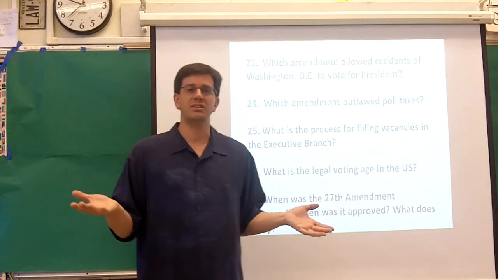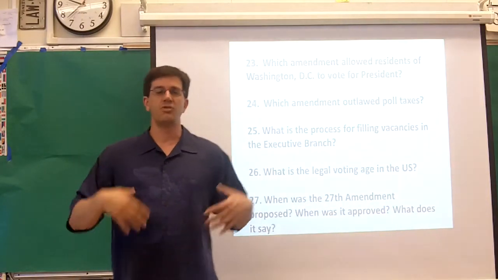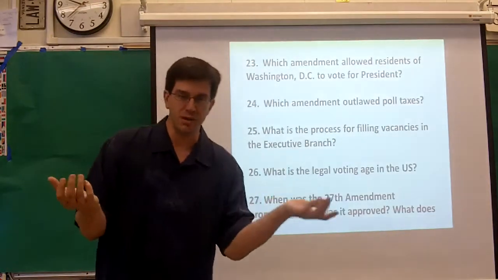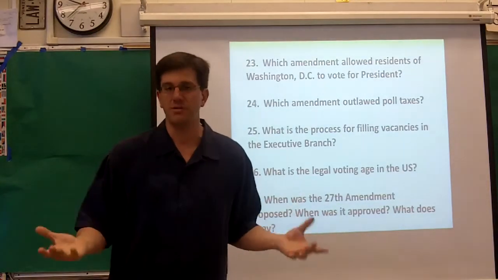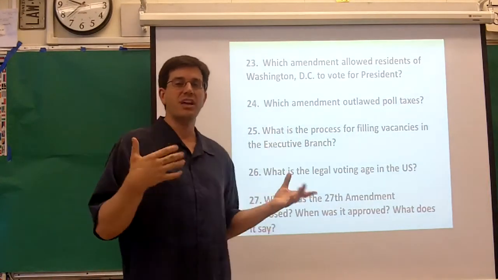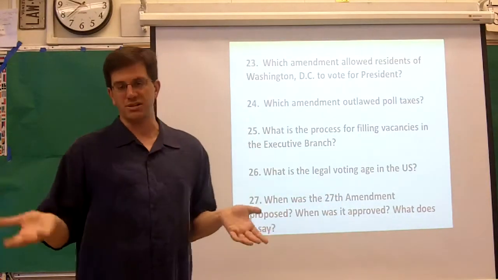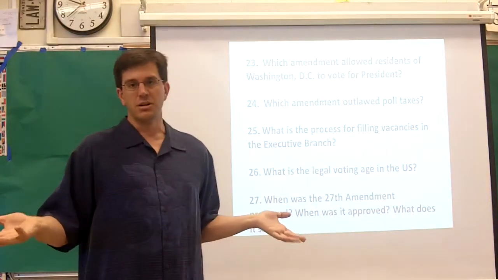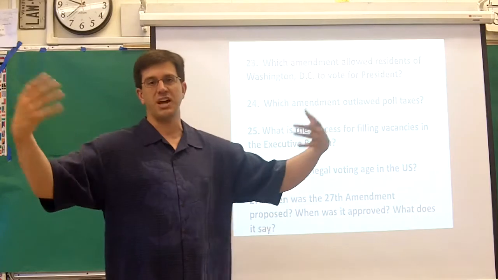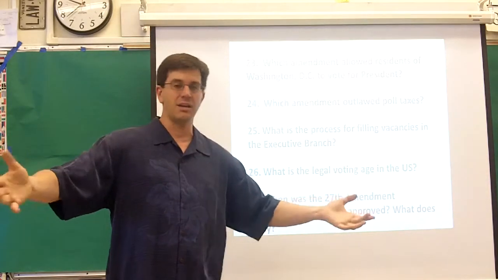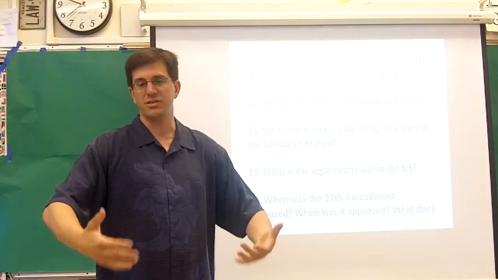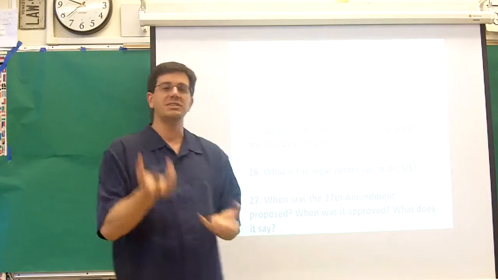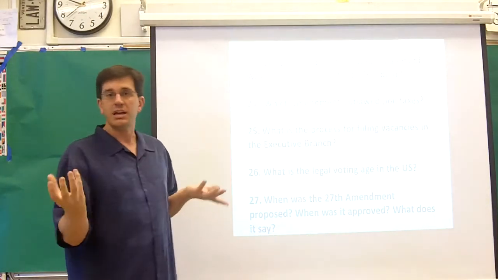Well, the idea, it says that if half of the cabinet, or more than half of the cabinet, declares in the letter to the President pro tempore of the Senate and the Speaker of the House that the president is unable to fulfill their duties, then they can declare the vice president the acting president. And the president would be restored when he returns and writes that letter, or there's a 21-day provision in there that both sides of Congress have to meet to decide permanently to declare the acting president, the vice president, the president, say the president's in extended illness. But it's a way to essentially always have a president in power so that there's someone who's the key commander and national leader.